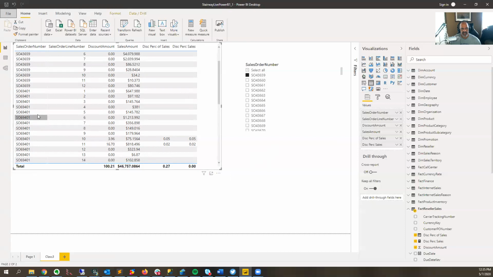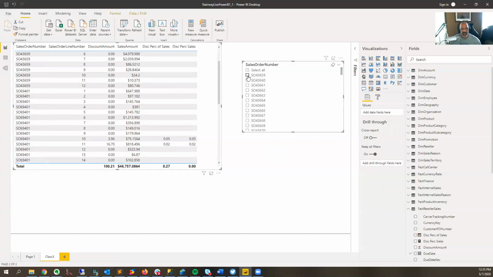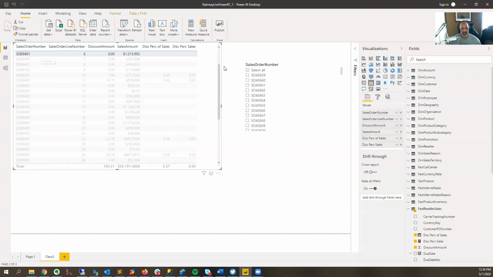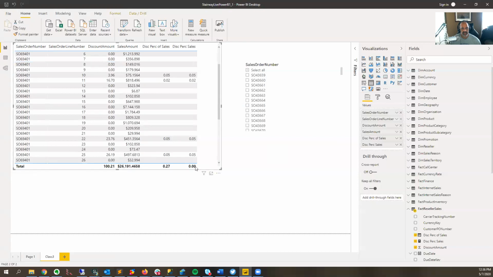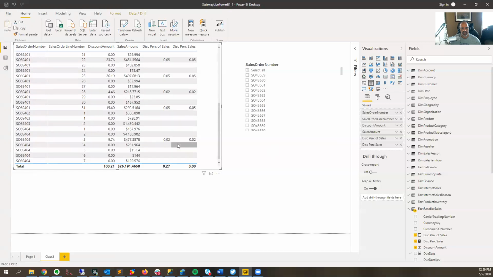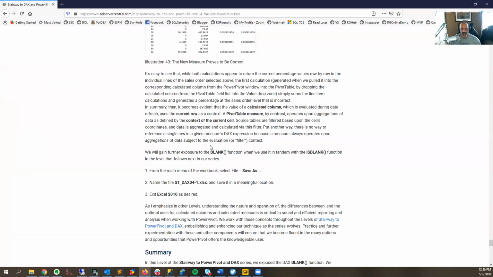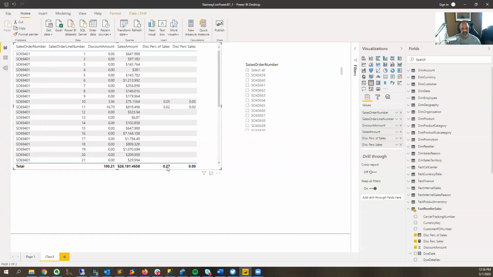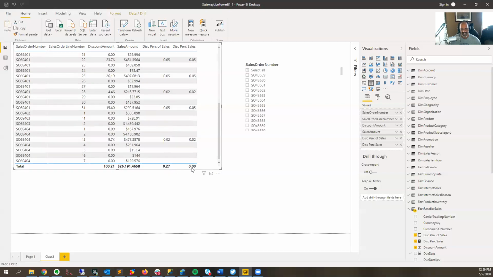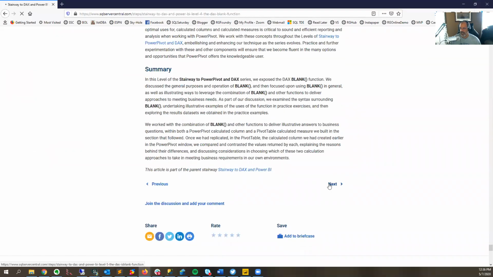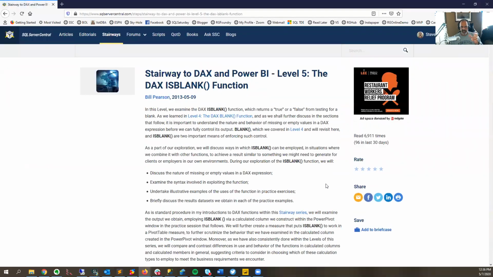Maybe this is what's wrong. So if I were to pick just ones, if I pick just this one, well, look at that. That's interesting. So I'm getting different values here from the measure versus all of it. So maybe this is what it means by the total being different values. We've got a correct and an incorrect one. I don't think we got a 2.7% discount. This one, maybe the fidelity is wrong. Interesting. Let's jump to isBlank and try to cover this one last area because these are related functions,